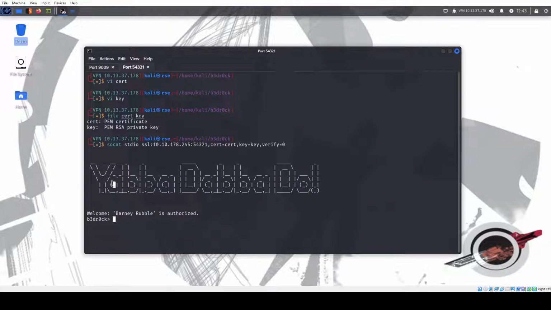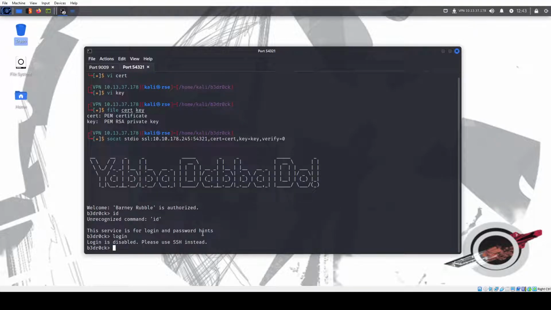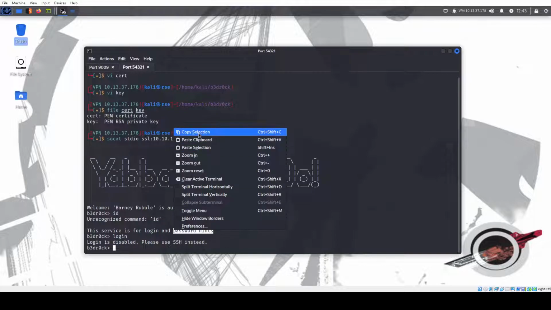We connected to the Java.do service. Welcome Barney. So we're Barney Rubble. We're authorized. It almost looks like a shell, so we type id. Nope. Services for login and password hints. Login is disabled. We have to use SSH. Password hints. So what if we do